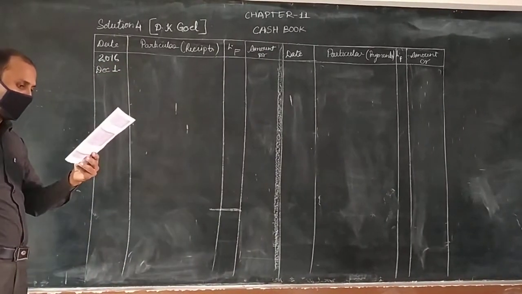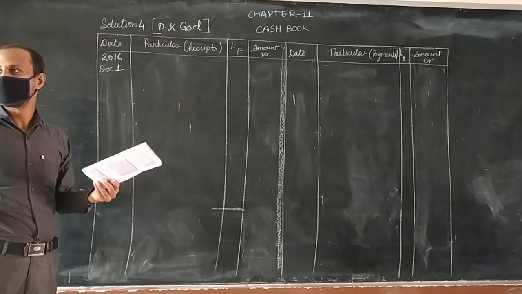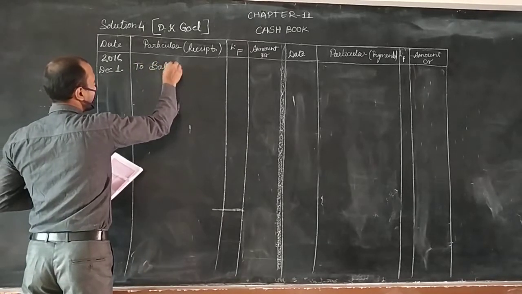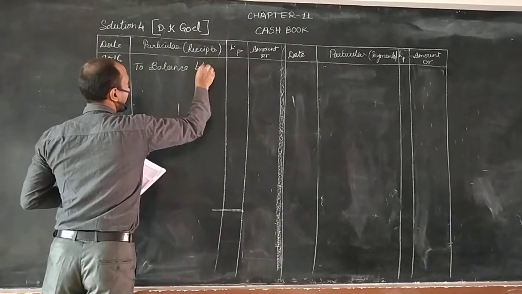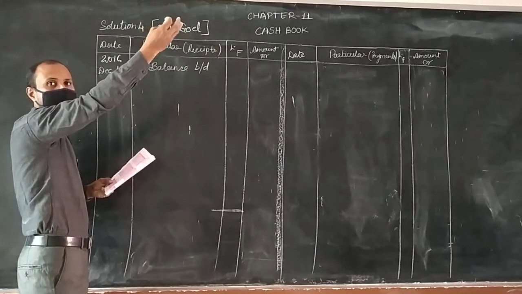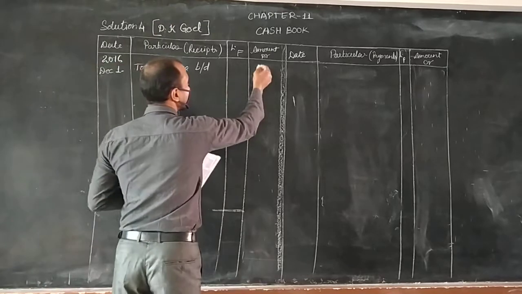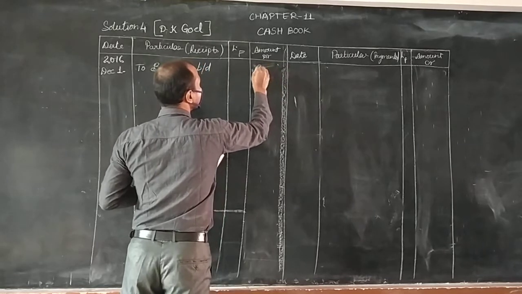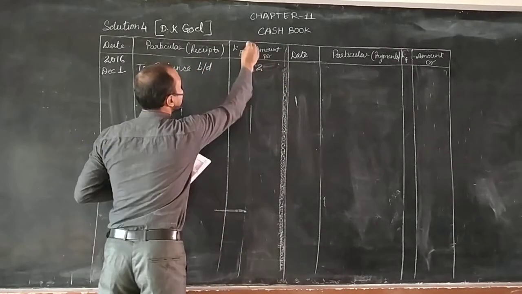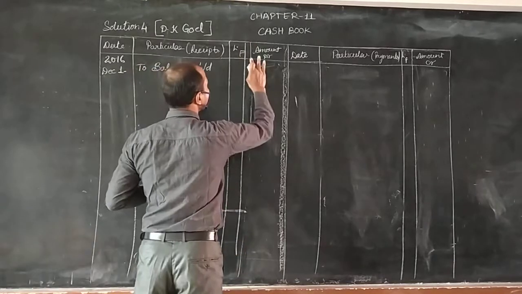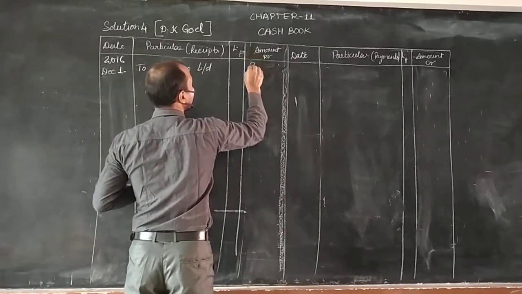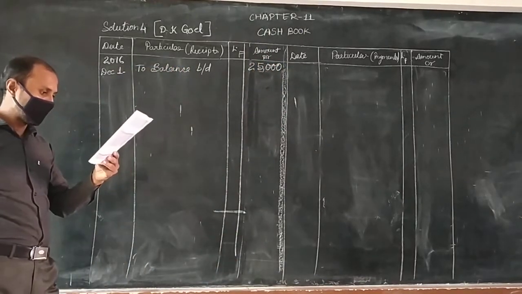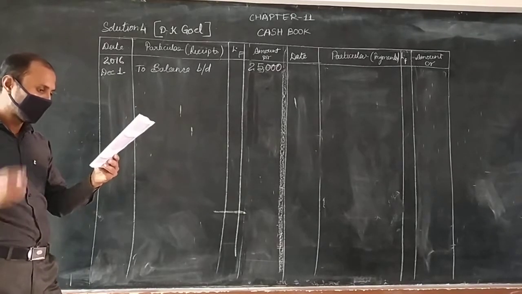Cash in hand we have. So cash in hand means your opening balance. So here we will write "To balance", B-A-L-A-N-C-E, brought down balance, because whatever the November last date balance was, we are copying it here, and it is 25,000. We will increase the size of this because it is a little small. Okay.